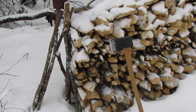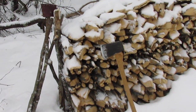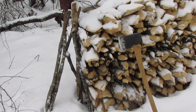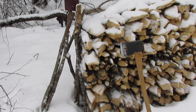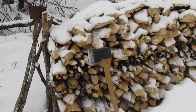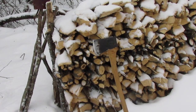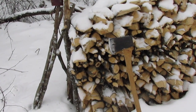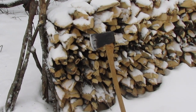I just really feel like there's way too much focus on gear, especially in the knife community and the bushcraft community and the axe community, and people want to just talk about, oh, look at all my axes, and aren't these axes cool, or look at all my knives, and blah blah blah. To me, I wish the axe community was more like the hand tool woodworking community, where they really like their tools, they like to talk about their tools, but the main focus is on what they do with the tools, and to me that is severely lacking